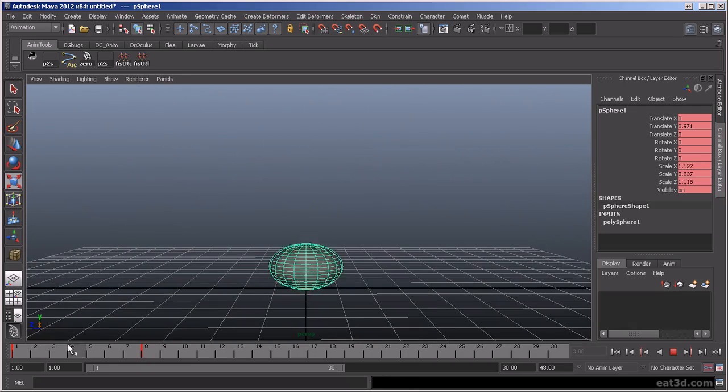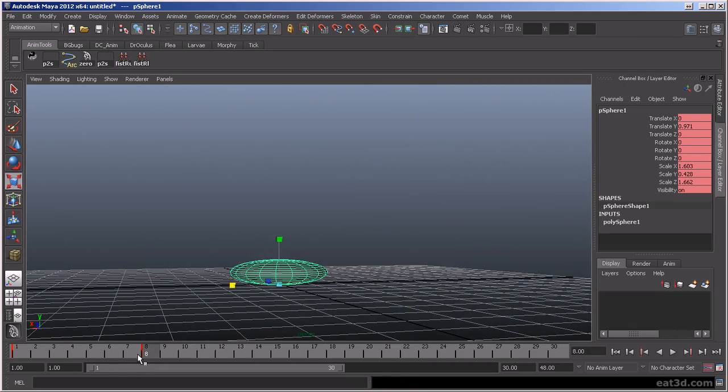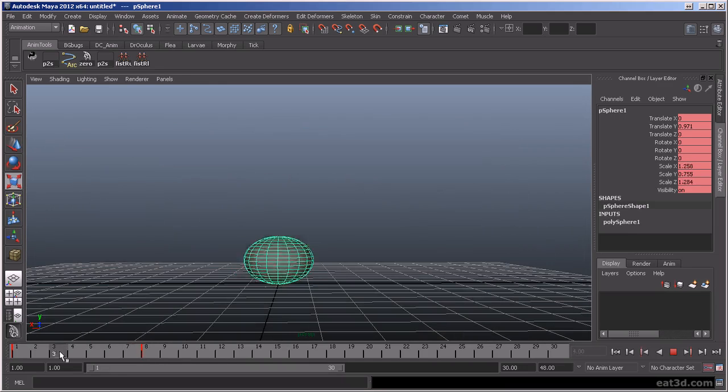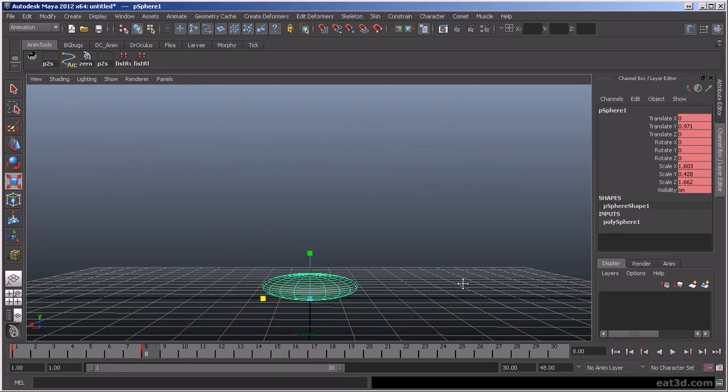So it's going to maintain its volume, and it looks like it might even squash more. So it doesn't look like it's shrinking or growing. Maybe that's too much, but it's good enough for our purposes here. And then you can have this be this big anticipation build up, and then